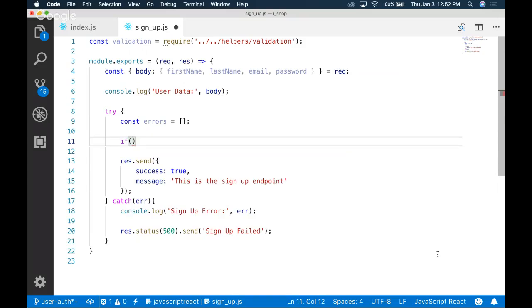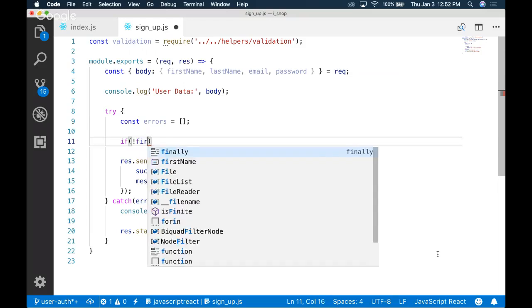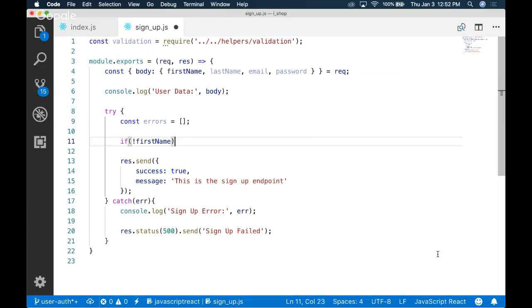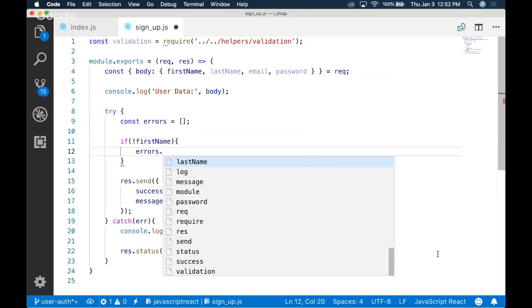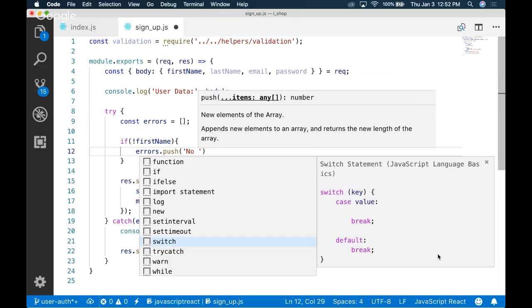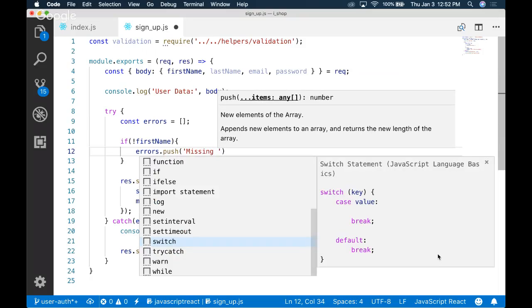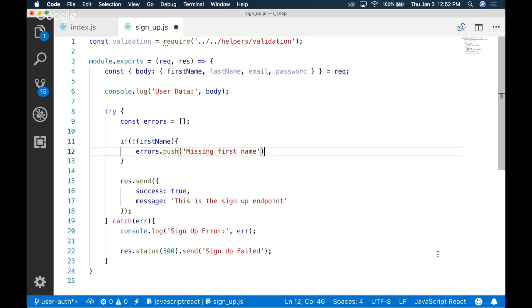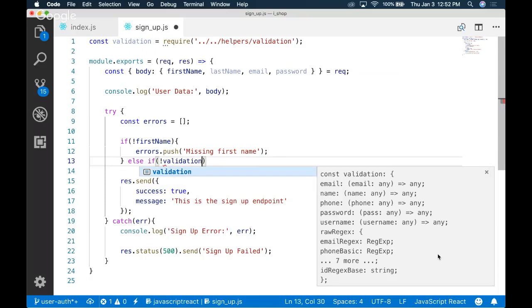And then we'll do if not first name, errors dot push, or let's do not no, missing first name, else if not validation dot,